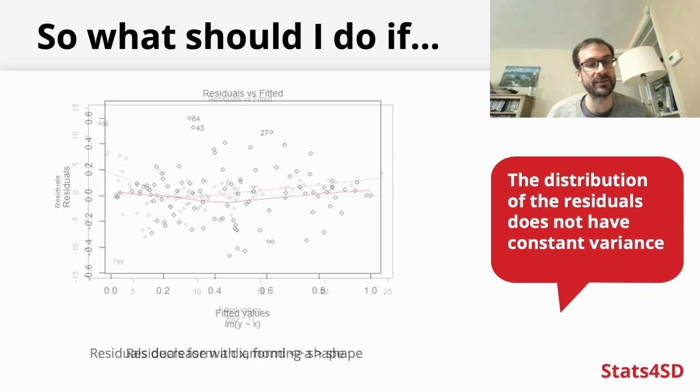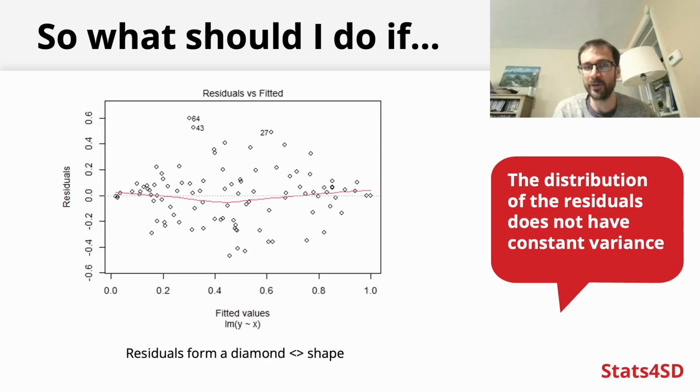Another quite common pattern to see is a diamond, where you've got low variability at the lower and upper ends, and then higher variability in the middle. And that's usually the case when you've got something which perhaps has higher upper and lower limits and bounds to what values the y variable can take. And this is why at the extreme ends you have less variability, because it gets cut off if you can't have values below 0 or above 100, for example, because what you have is a score on an exam as your y response, for example, where everyone has to score at least 0 and they have to score less than